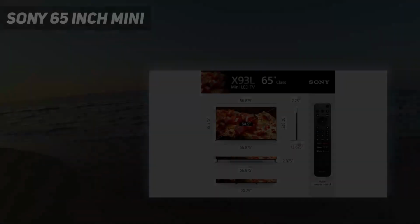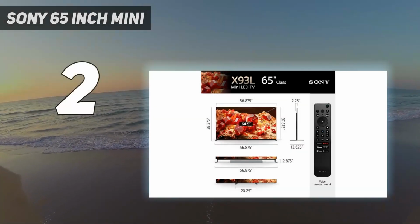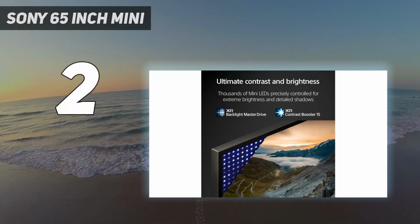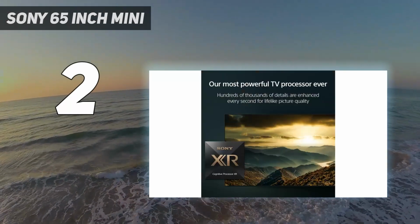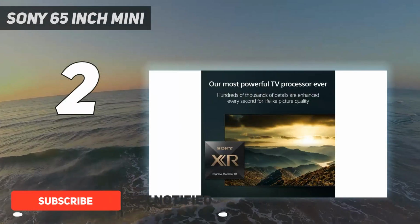Number 2 of my list. Sony 65-inch Mini. If you're more of a bright room gamer or want a TV that will blow away your friends during a well-lit party, the best 4K TV for gaming in a bright room that we've tested is the Sony